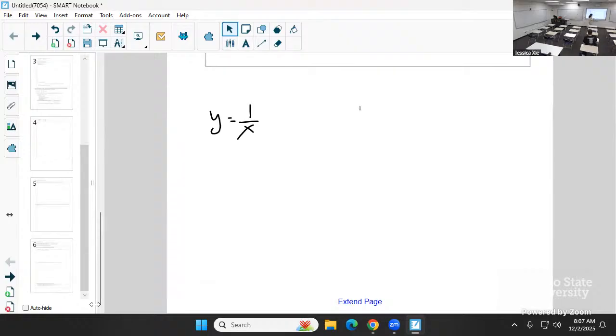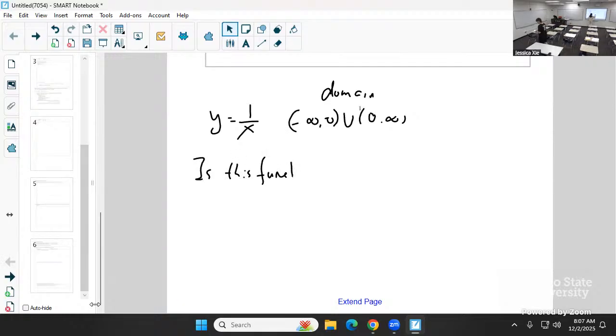For this function, if I write out the function without specifying what x could be, it means that I just take the natural domain as the domain, right? So for this function, the domain of the function is all real numbers except 0, right? No problem. Okay, the question, think about that. Is this function continuous? According to our definition, is this function continuous? Okay, take a moment to think about that.